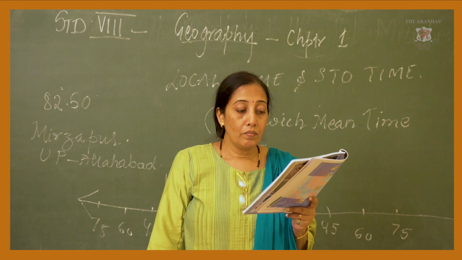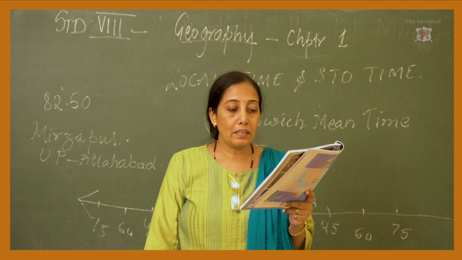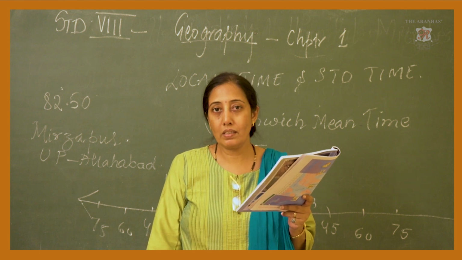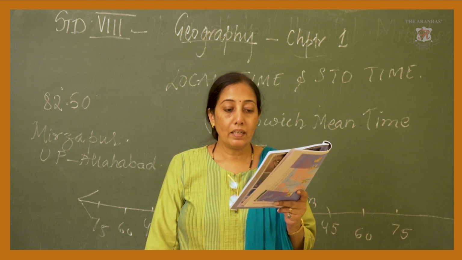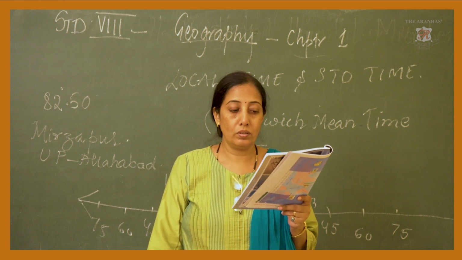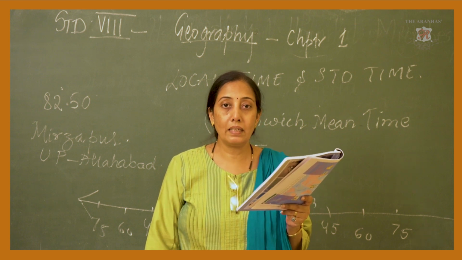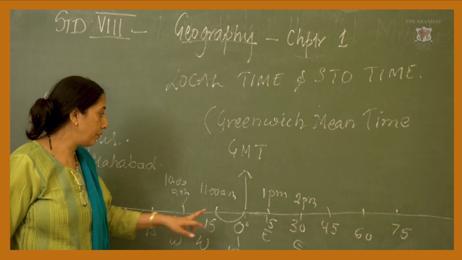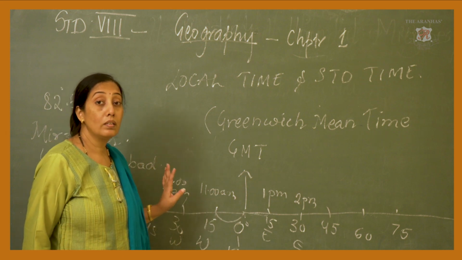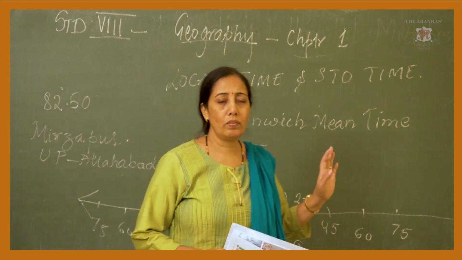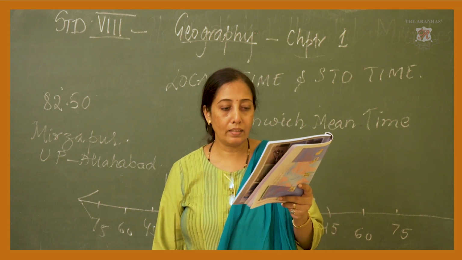Now, with respect to business at the global level, there should be compatibility between the standard times of various countries. To facilitate this, the world has been divided into 24 time zones. These time zones have been created with reference to the prime meridian itself. That is, with reference to this, they have calculated 24 time zones. So each time zone will pass through a country and as per that convenience we are going to calculate the time.